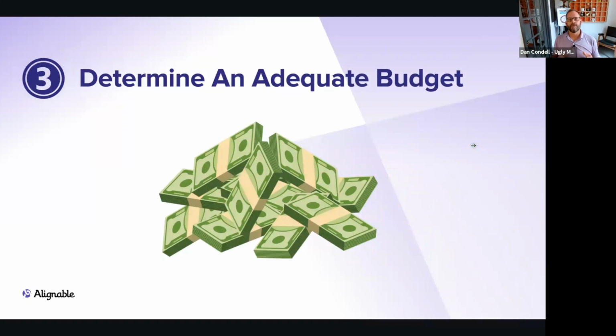Determine what an adequate budget is. Once again, what did I say? Before we start, know what the desired result is. I'm going to add this amount of money in, and I have this expectation of dollars out over a period of time. So there should be a return on your investment. This is marketing. Marketing is not an expense. Marketing is an investment. You should have a return on what you put in.